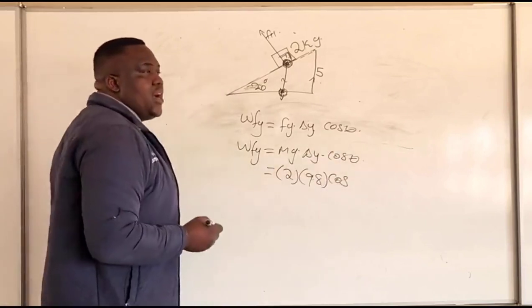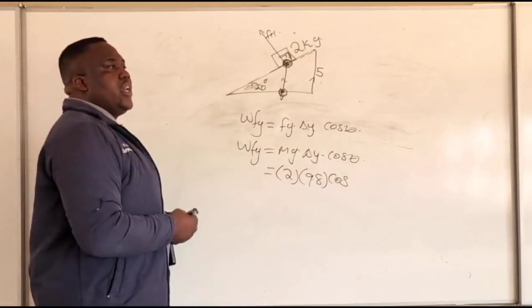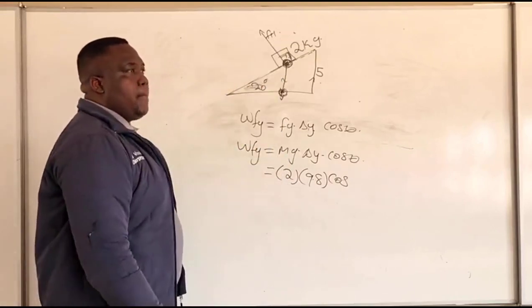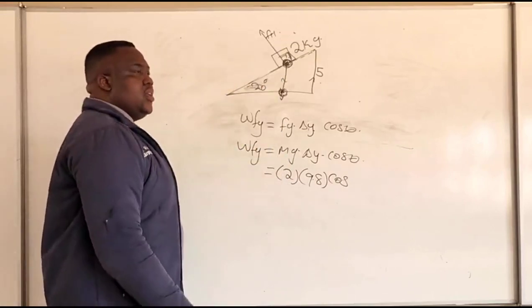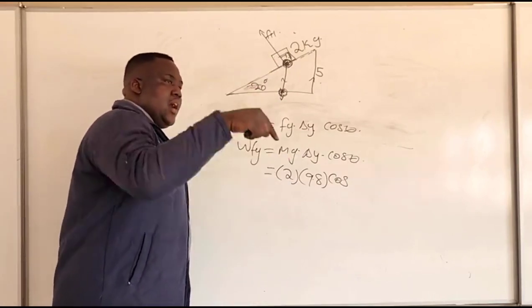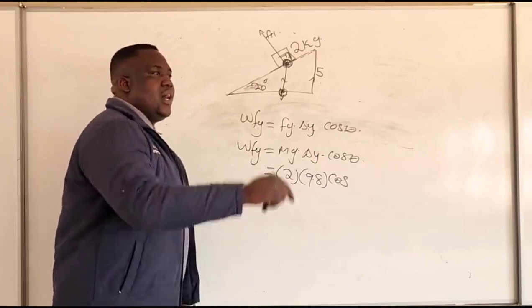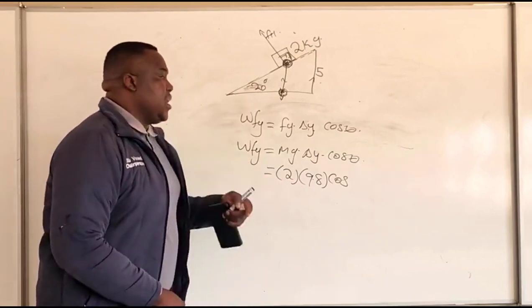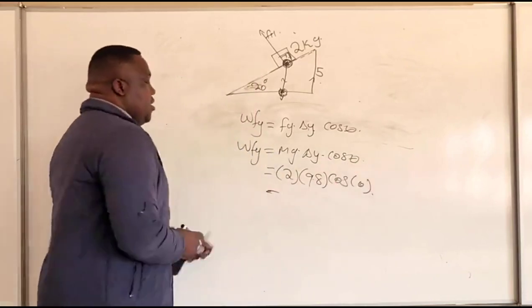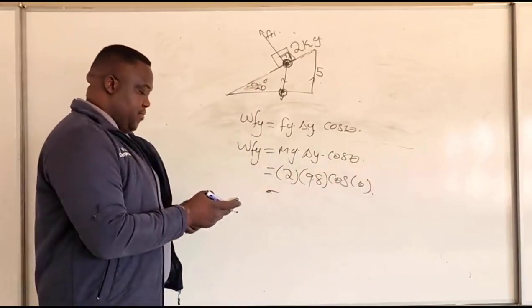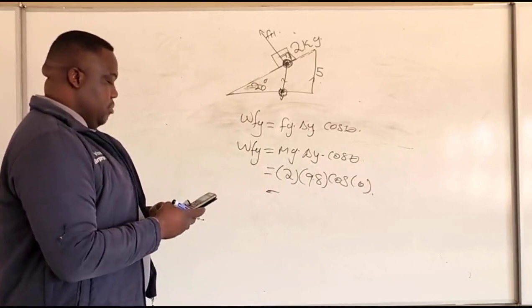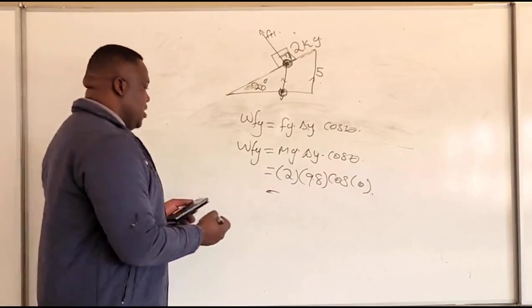Is it negative work or positive work? The object is coming down, it is positive work. Why am I saying positive work? The object and the gravitational force are moving in the same direction. Rather, displacement is in the same direction as the force. So I'm going to use cos 0. Then my answer is going to become 2 multiplied by 9,8 cos 0, which will give me